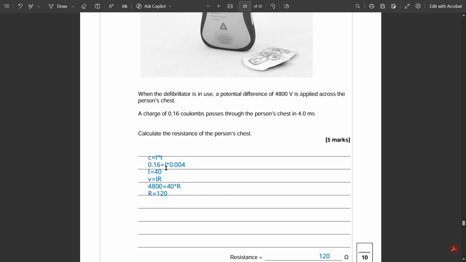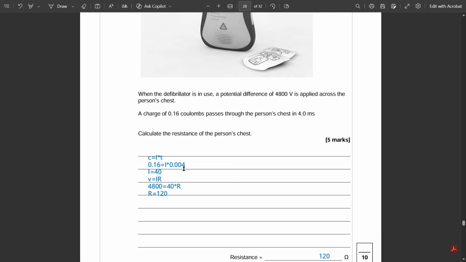0.16 equals I, the current, times 0.004, because you're converting milliseconds into seconds. Doing some rearranging, you get the current equals 40 amps. And then you use another formula from the formula booklet, V equals IR, so 4,800 equals 40 times R, so R equals 120. So we get the resistance of